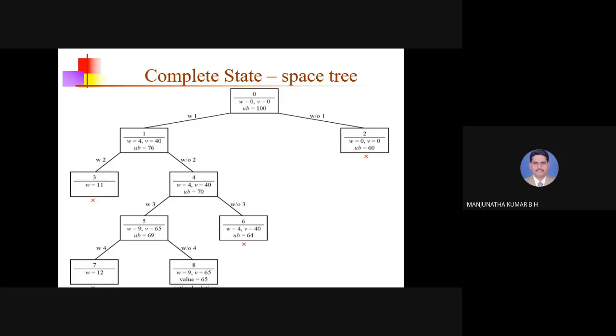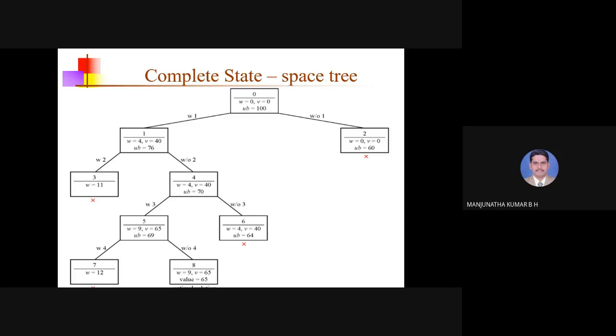Start from 0, go towards the left side, that is with 1, so item 1 is placed. Next, if I go left side of 1, will I reach node 8? No. So I have to go to the right side of node 1. What is the label of the right side of node 1? Without 2, means item 2 is not placed. Again, go left side of node 4, with 3, means item 3 is placed in the knapsack. Shall I go in the left side of node 5? No. If you go in the left side, you will not get the goal node. Goal node is node 8 now. So from node 5, I should go in the right side. What is the label of the right side? Without 4, means item 4 is not placed. Now I reach node 8.